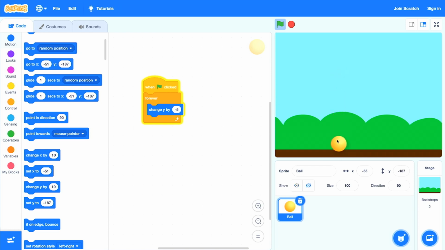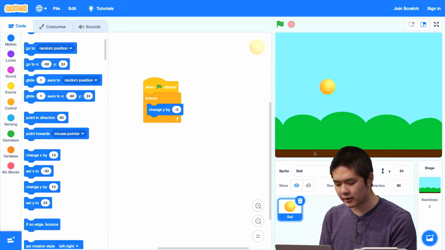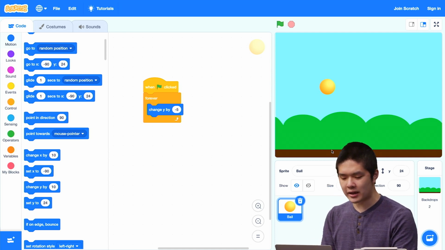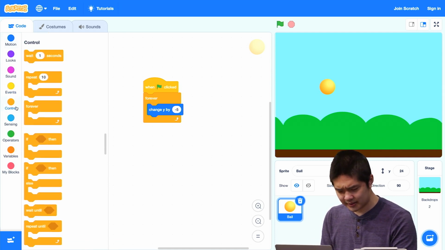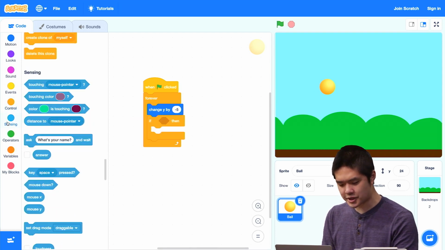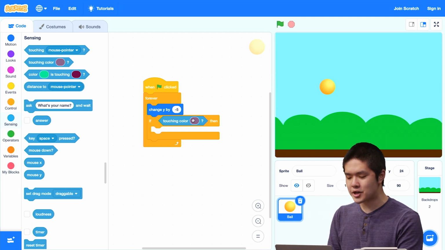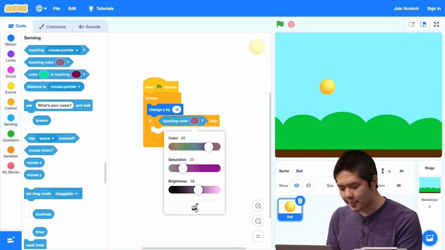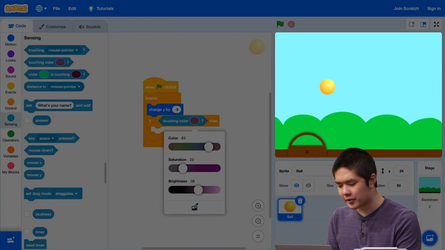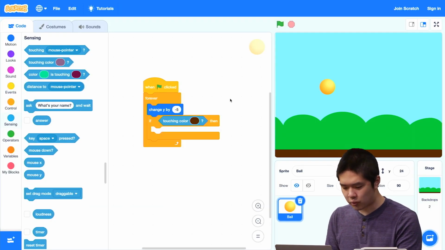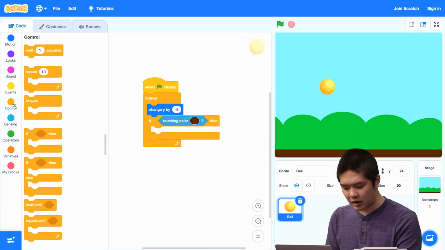And right now it's kind of getting past the ground, so maybe I want it to stop if it ever hits the ground itself. So how can I detect when the ball is touching the ground? Well, you'll notice that the ground is a particular color. It's this brown color here, and I can check for that color by saying, if we're touching that color. Using if and touching color, which we've used before, I can check to see if we're touching the ground. I'll grab a color from the stage. Let's grab this brown for the ground. And if we're touching brown, let's go ahead and